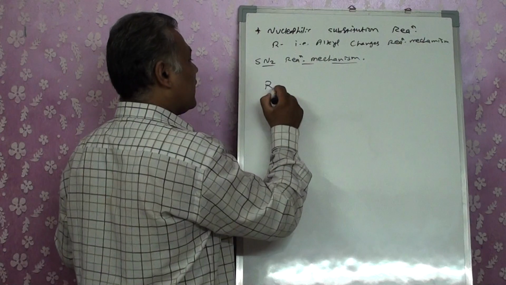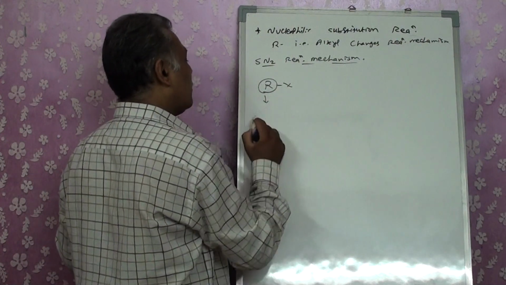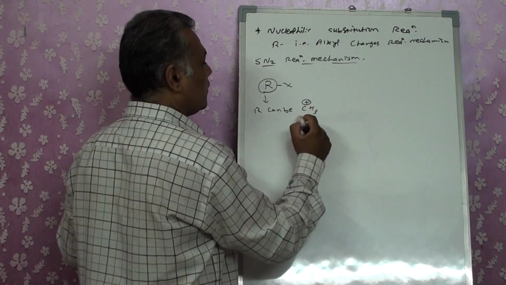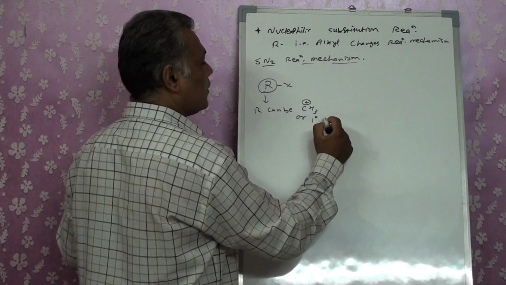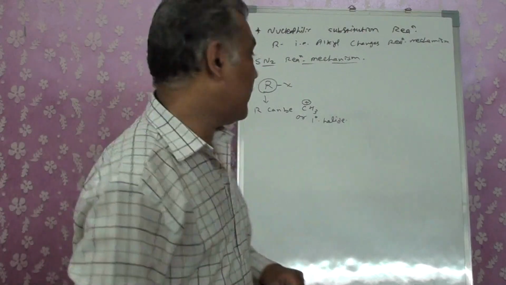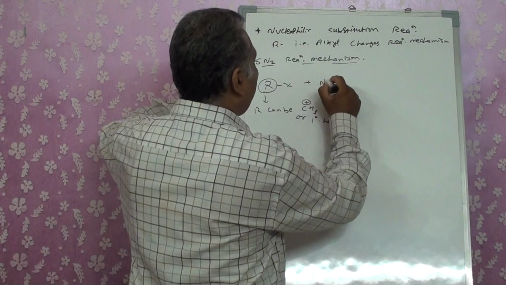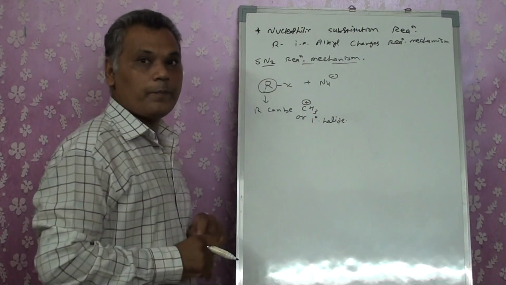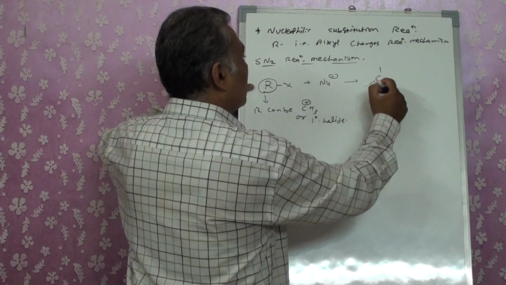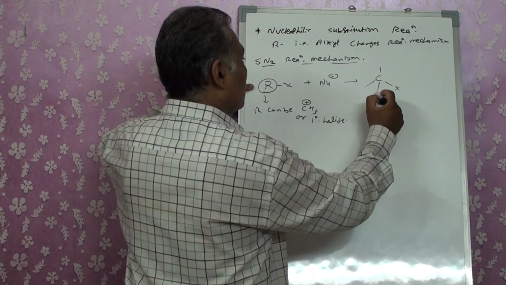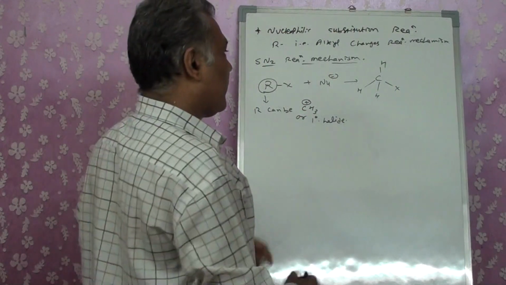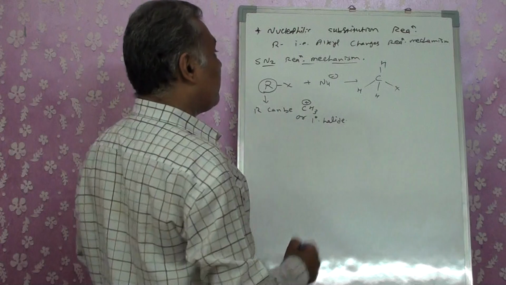Now when we are going for the SN2, this is my R group. R can be CH3 plus or primary halide. It can be either CH3 plus or it can be a primary halide, right? It's reacted with Nu, nucleophile. At that time what will happen? The carbon which is present over there, I have taken it as CH3 plus, right? It's a primary condition. So at that time what will happen?